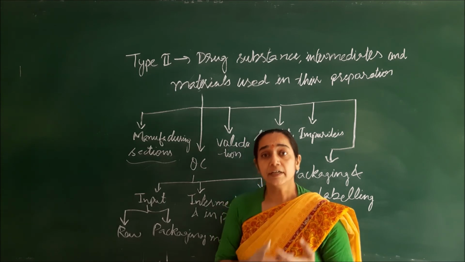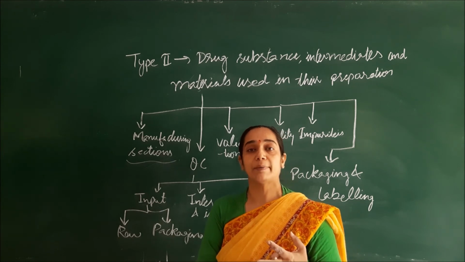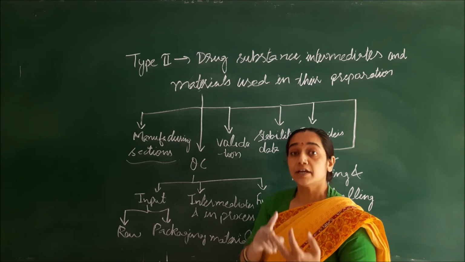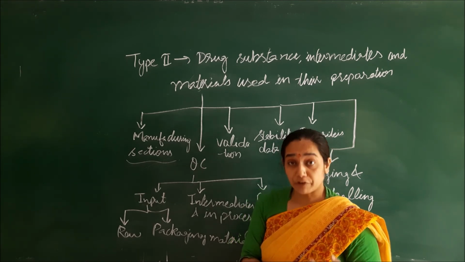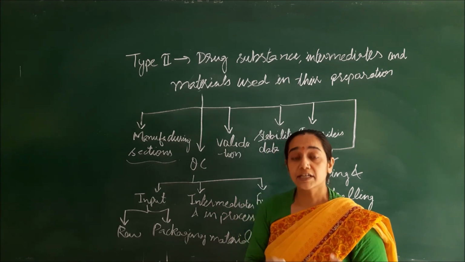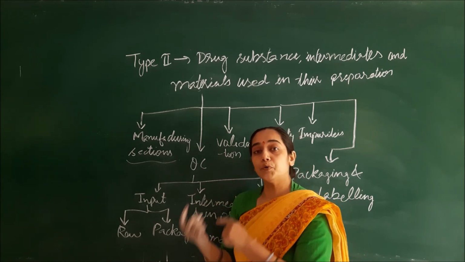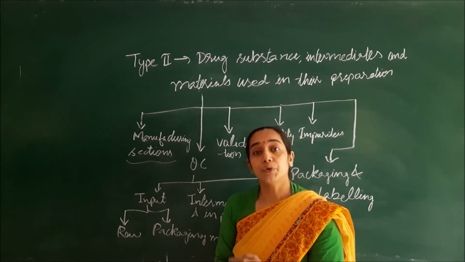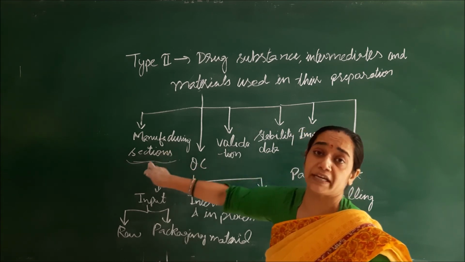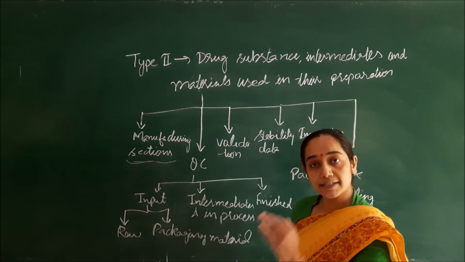Then sieving will be done to prepare the granules, and after preparation of the granules, they will be dried under suitable conditions of drying. After drying, they will be further processed by the addition of glidants, anti-adherents. Then again the mixing will be done, and these powders will be moved to the tablet compression unit, where the tablets will be compressed. So all the manufacturing sections, meaning how the product will be manufactured, should be included in the manufacturing sections.